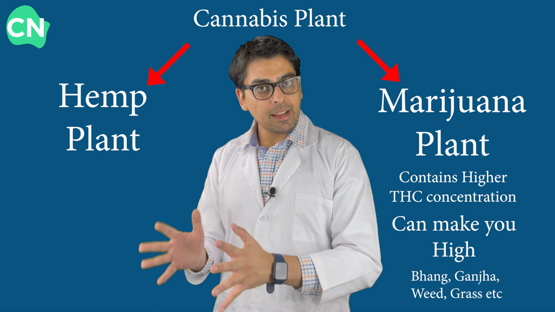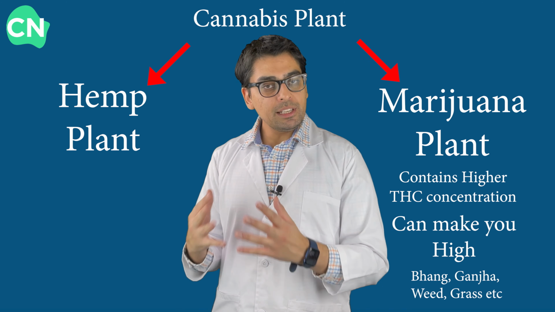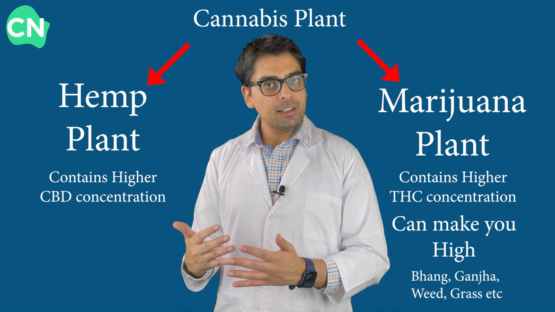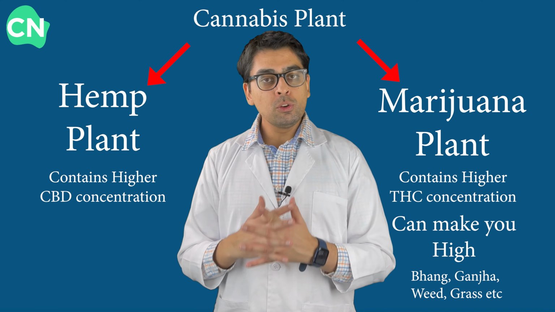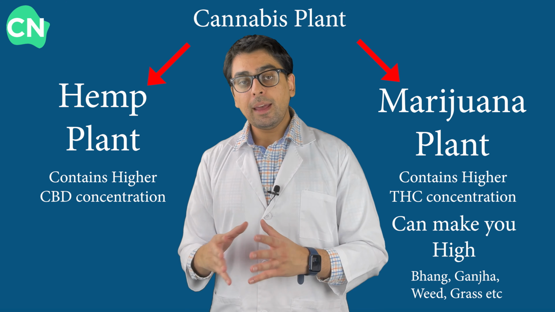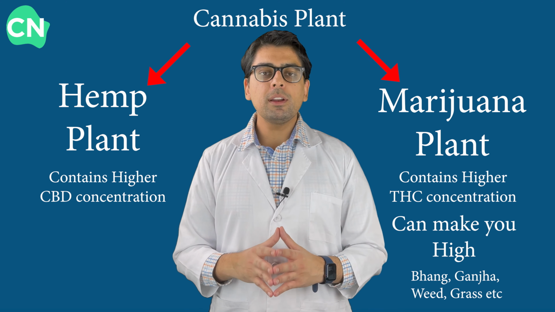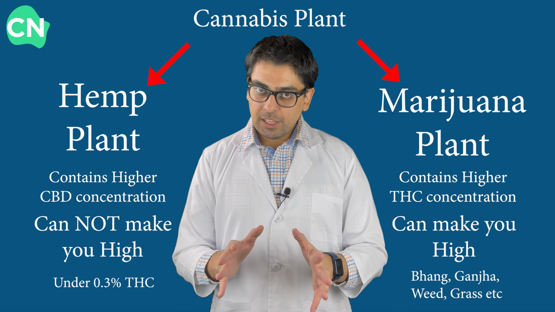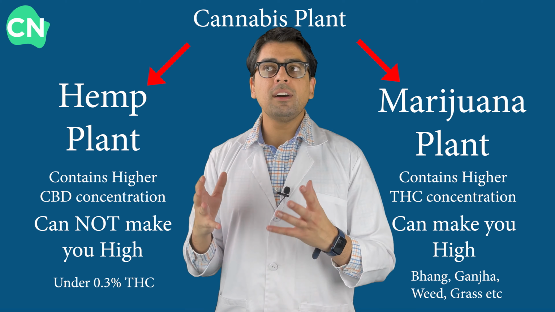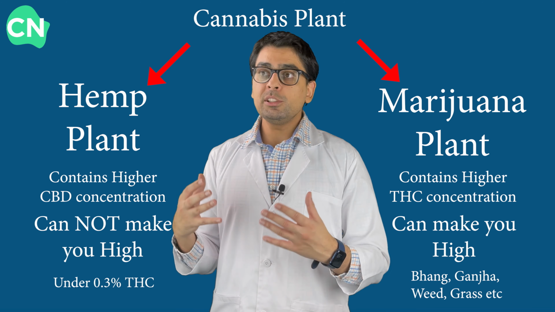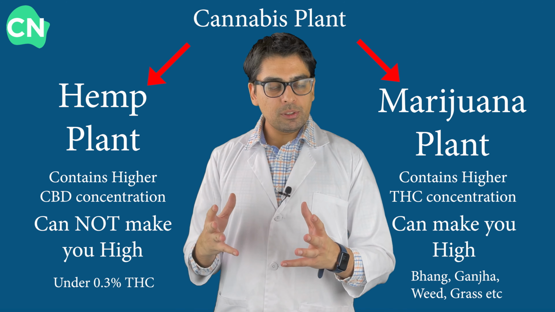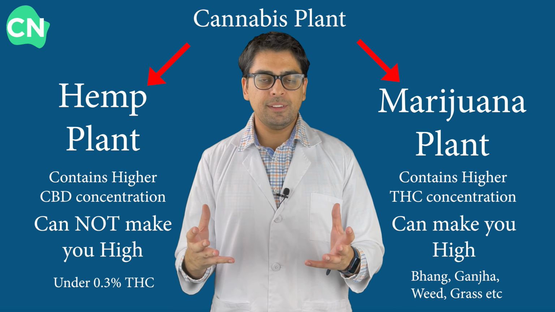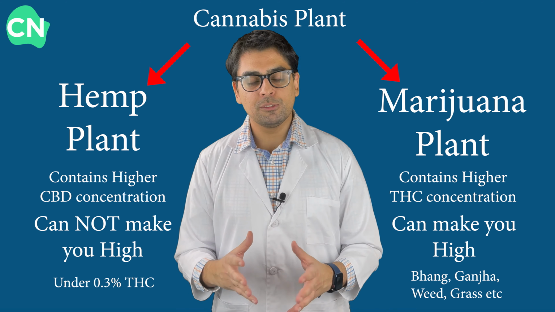On the other hand, hemp is a completely different species or variety of the cannabis plant, which predominantly contains CBD. Usually the products which are made, at least by American standards, all contain under 0.3% of THC. So simply put, if you were to try to get high from a CBD gummy jar, for example, you would have to take a lot of those gummy jars to experience any kind of psychological effects, as they contain trace amounts of THC.